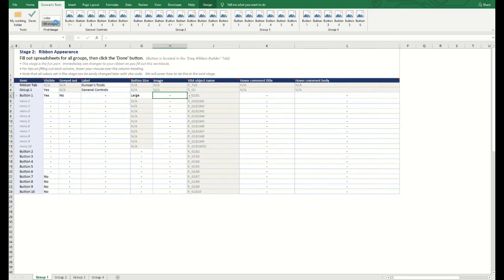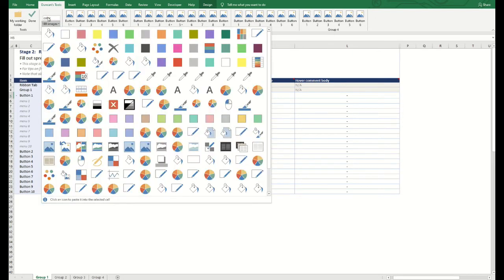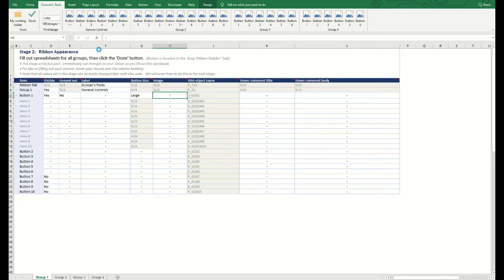so I'll search for colour. The search is in American English, so I like that icon and I'll select it. It pastes it immediately into the cell. So I'll set the title to being Select Form Color,